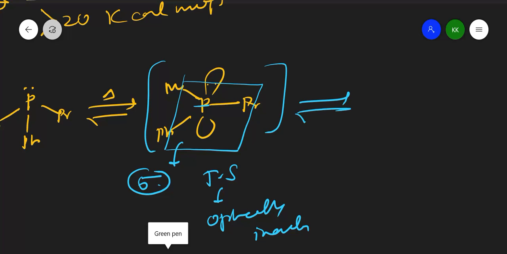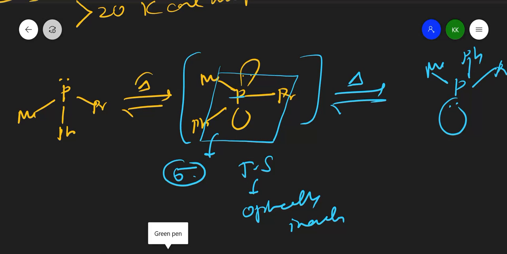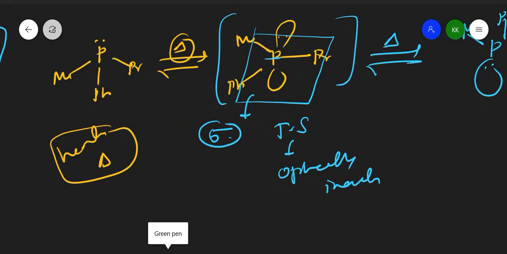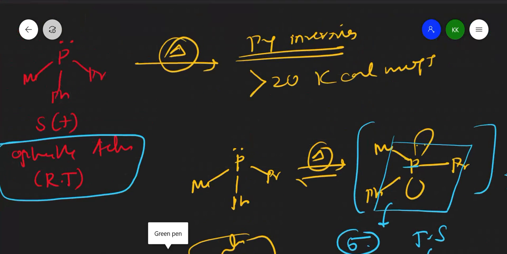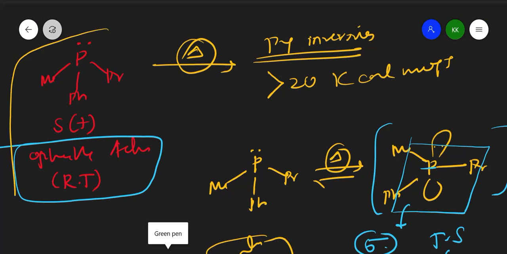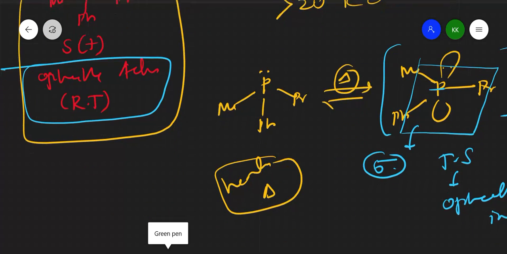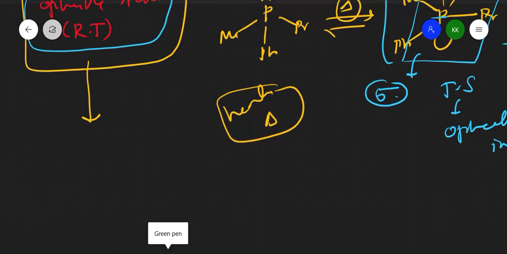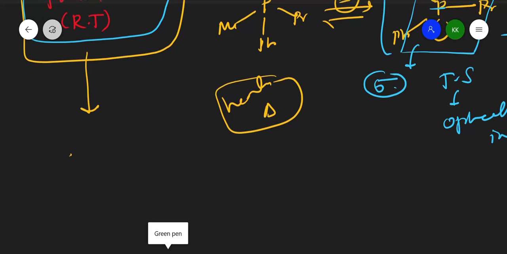Further, what happens at heating condition? It got inverted like this, methyl, phenyl and propyl. So this is only possible in heating condition. So this is the symbol. Heating means we represent like this, heating symbol, right? So they observed that this was an optically active compound initially. When they heated this compound, it converted like this. We got the product like this, same methyl, propyl and phenyl,